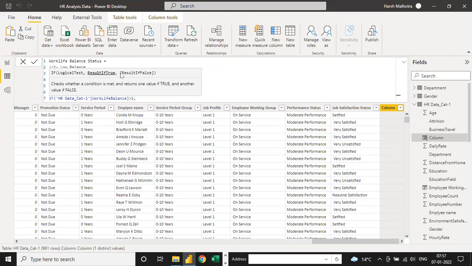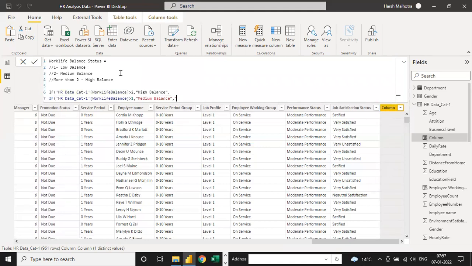Greater than 1, then we need medium balance. The last condition you have to write here: low balance. This way you can write any condition with your data, if condition.